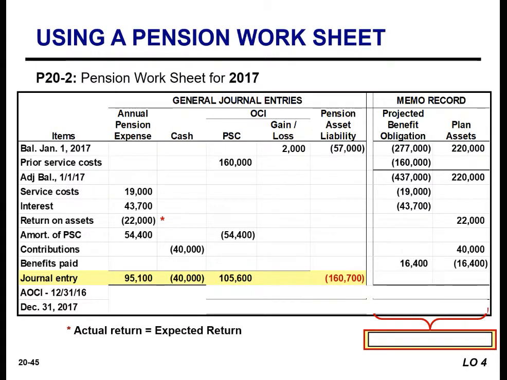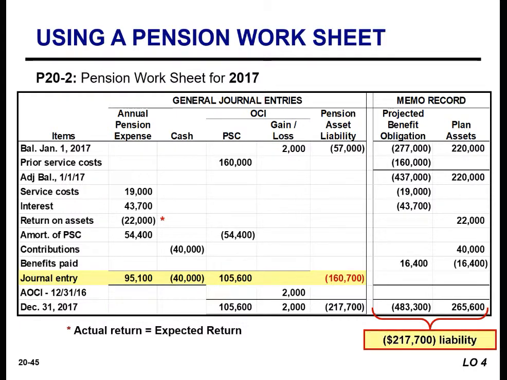This gives us the following journal entry. And these balances. There's an increase that has been determined to be true to the pension asset liability of